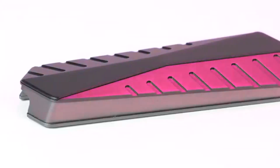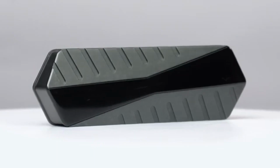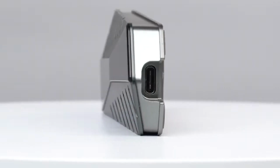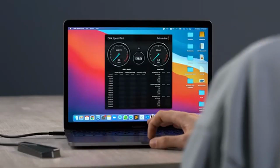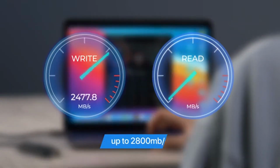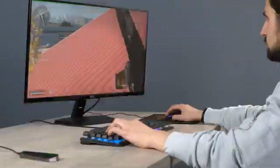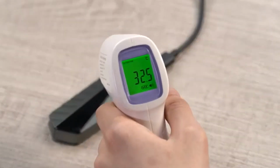And while everyone is stuck on USB 3, GigaDrive welcomes the future with backwards-compatible next-gen USB 4 and Thunderbolt 4. Through your existing USB-C or Thunderbolt ports, experience blazing fast read and write speeds of up to 2,800 megabytes per second. And play AAA games directly from external storage without it getting hot or crashing, thanks to its built-in DRAM